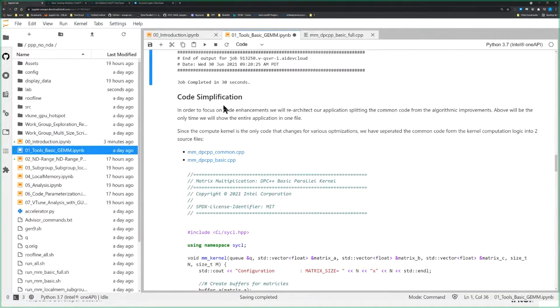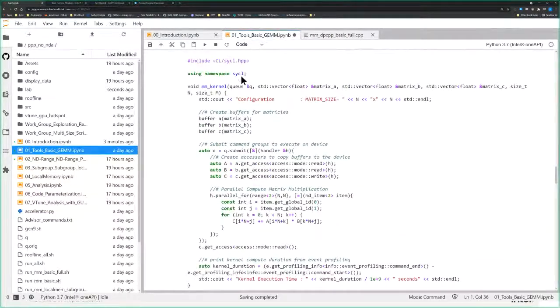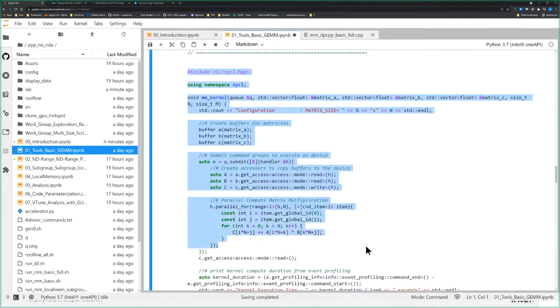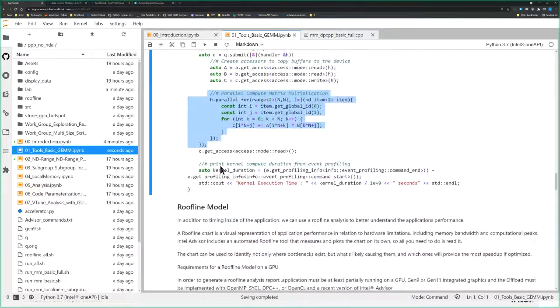So this is kind of the code simplification. Basically, to look at the naive implementation here, these are the only 2 sections that you're really changing, right? The namespace, set up the matrix, get the command group handler and create the accessors, and then just do our parallel for right here. We don't do any of the verification. We leave that off because verification is pretty slow because we do it not parallel but linear